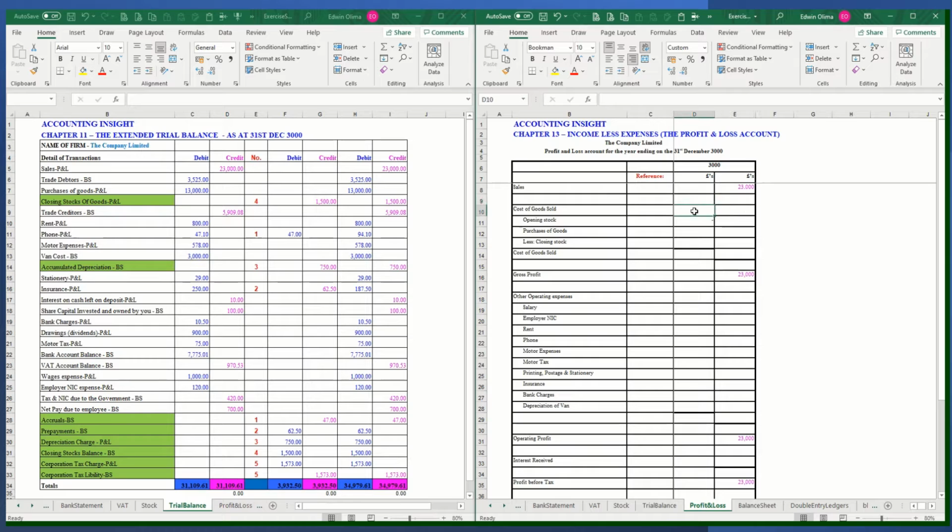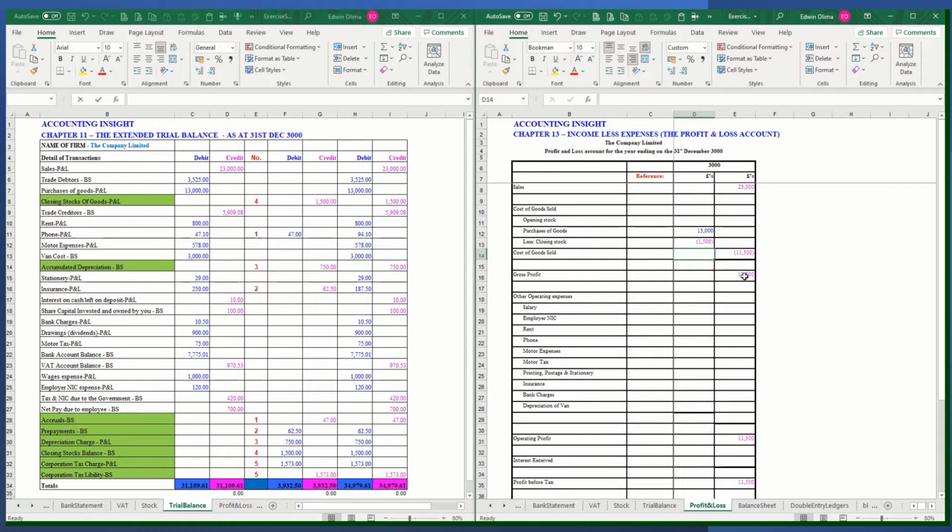The next thing is we're going to look at the cost of goods sold. So the first thing will be the opening stock. This company just started trading in the year 3000. It didn't have any opening stock, so that is 0. And then it purchased goods, so we know the purchases were 13,000. Put that in there. We now need to deduct the closing stock because they were not sold, and we're trying to compute the cost of goods sold. So we put a minus. Closing stock there is 1,500. And there you can see the cost of the goods we sold is